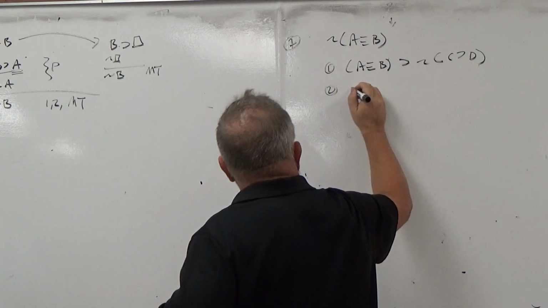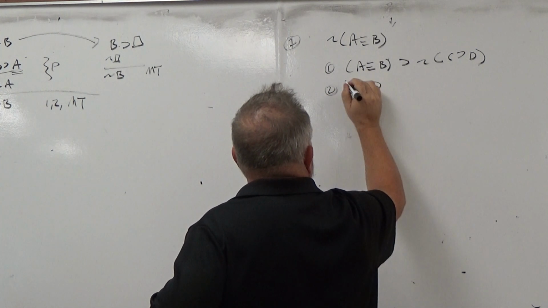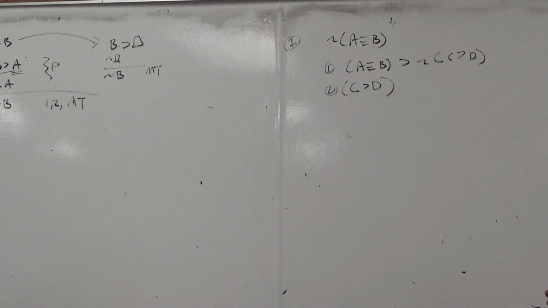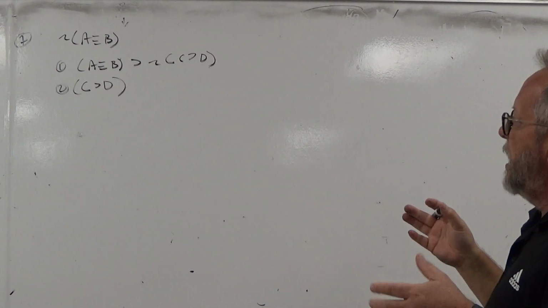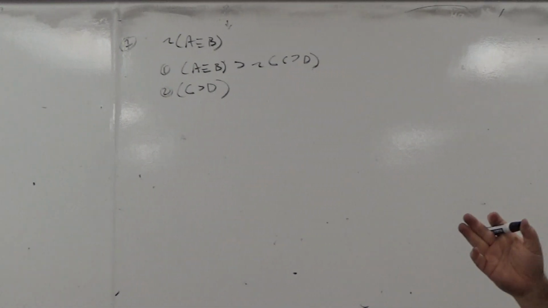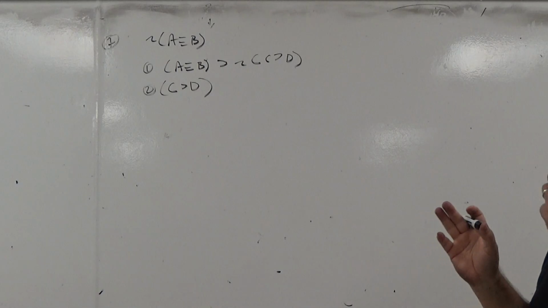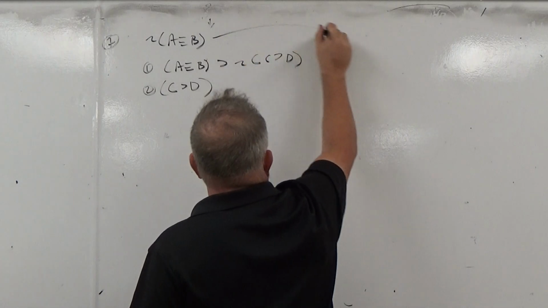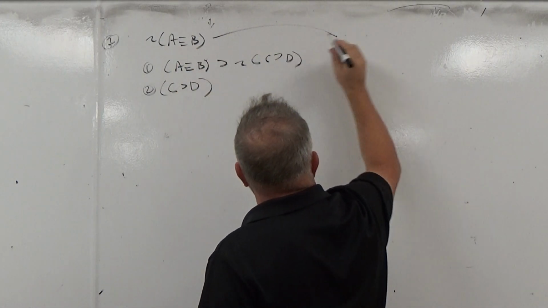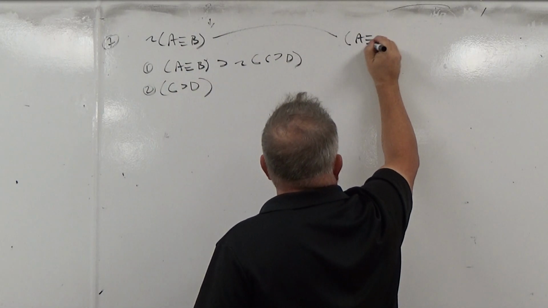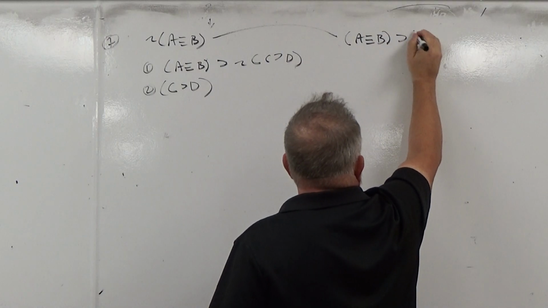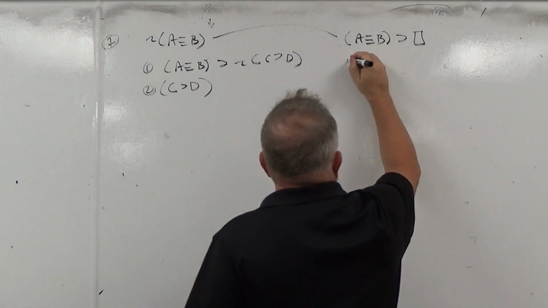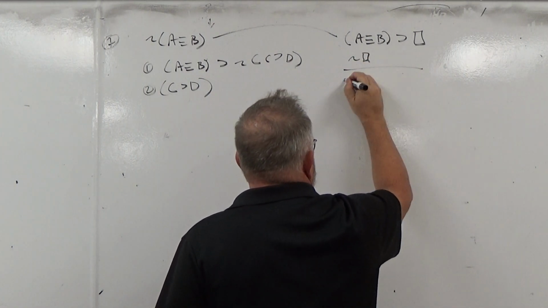And 2 is C, then D. Okay. So first thing I'm going to do is look for not A if and only if B, and I don't see it. Okay. So the second thing I'm going to do, notice I keep thinking about this the same way, is look for its opposite, and the opposite would be A if and only if B in the antecedent of a conditional. Look for that, because if I can find a not box, then I can do modus tollens